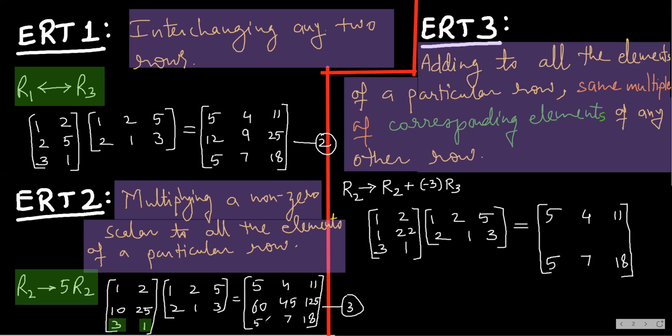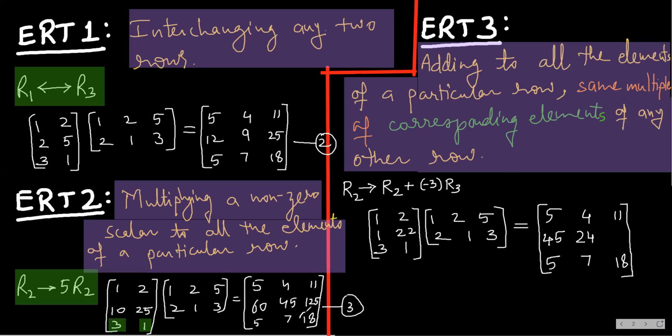And that minus 15 you add here. So what you will get? You will get 45. Then multiply minus 3 here. What you will get? You will get minus 21 and add it here. So when you add it, what you will get? You will get 24. 45 minus 21 is 24.